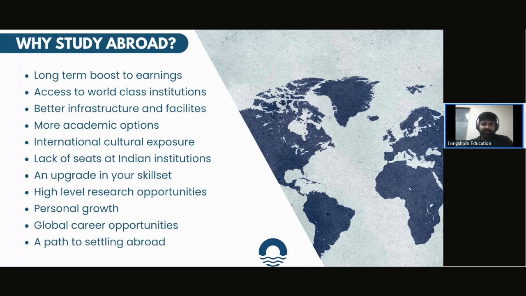Upgrading your skill set, of course, because making yourself more competitive in fields which are not available in India can help you in becoming a competitive candidate in the global job market. Even if you are planning to come back, India has got the idea of setting up many global capability centers these days. Foreign institutions are setting up their hubs in India. And if you have had experiences interacting with those companies abroad, when you come back to India, it definitely makes you a far better candidate than if you had a completely Indian education.